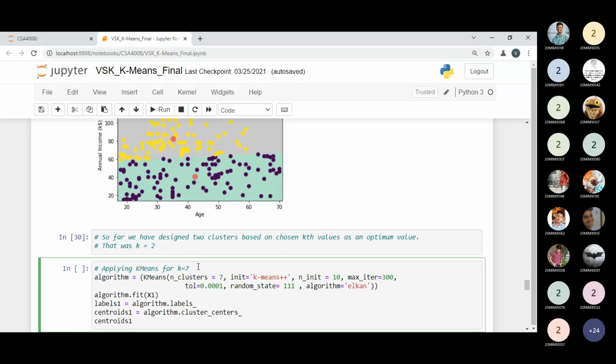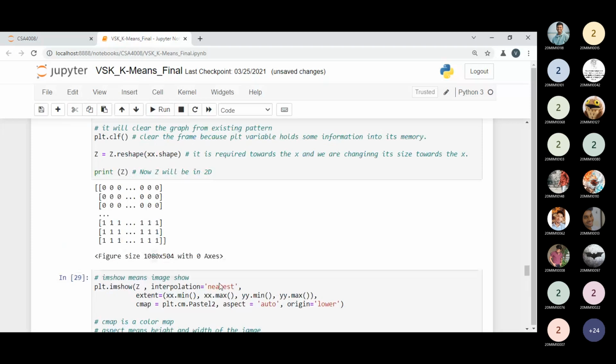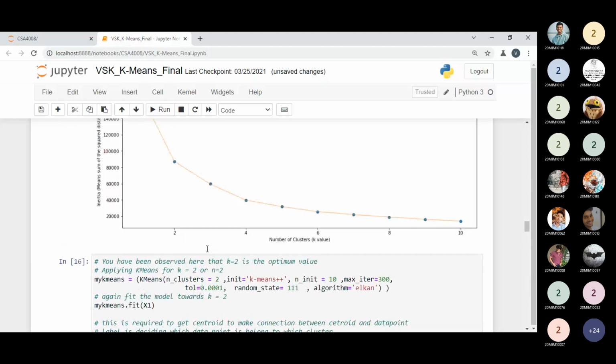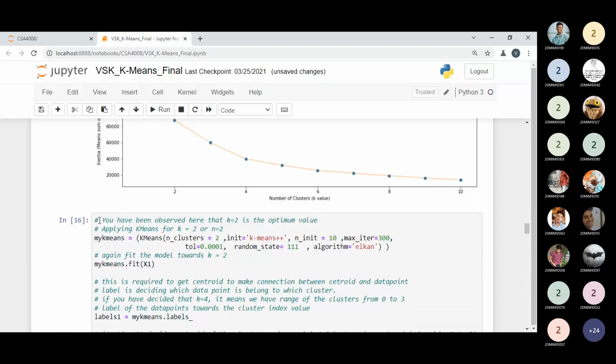So 5. Okay, so as per the student request, I'm just updating the cluster. The code which is already available on the above side, I've just copied and pasted. I'm changing nothing except the number of clusters, that is 5 instead of the 2 as we have done here. See, look at this code. Same thing.